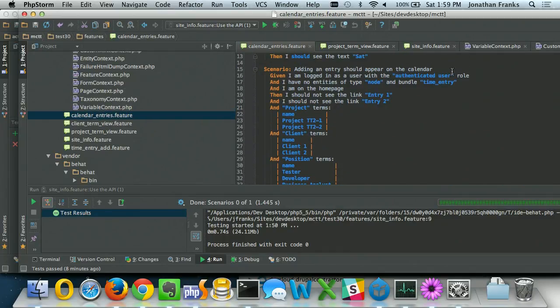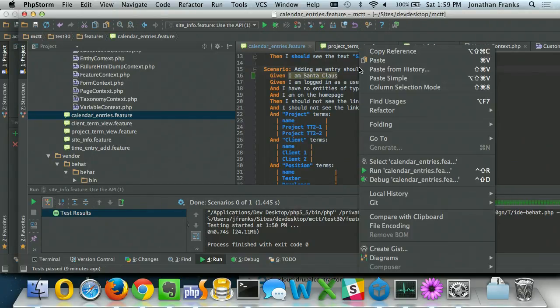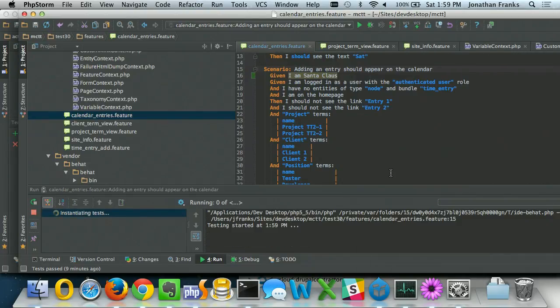The extension gives you a whole bunch to start with. So like here, I'm logged in as a user with such and such role. Given I'm an anonymous user. Are you asking how Behat parses these things? Yeah, if I want to create custom ones. They are there, but yeah, something like this. When I run it,